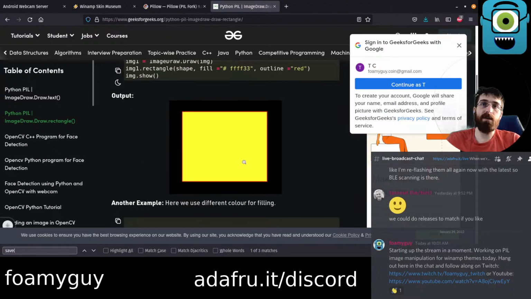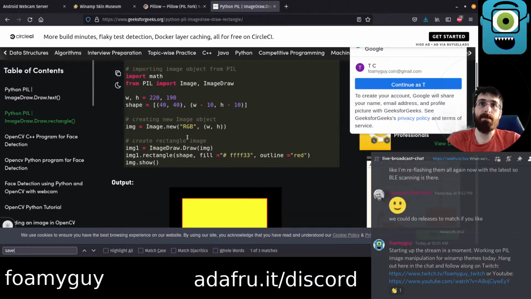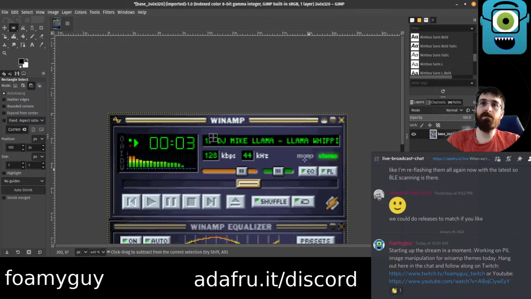Points to define the bounding box, the fill color. So we just say ourImage.rectangle and then shape. Okay, shape can be XY with height, that looks like. And we have fill and outline. So we're not going to do an outline. We're only going to fill. And we're going to fill